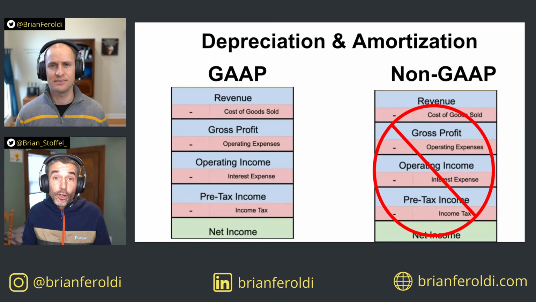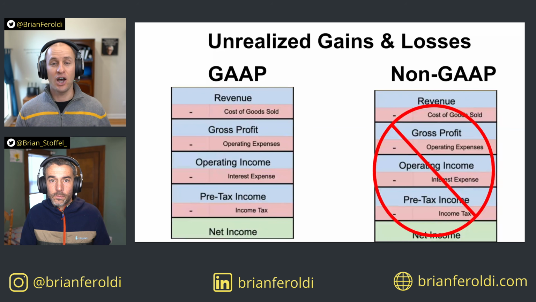Another example would be depreciation and amortization. These are non-cash charges in nature. However, on a GAAP basis, they count as expenses. In most cases, if a company offers non-GAAP measures, they will back out depreciation and amortization because there's no cash going in or out of the company based on this at the time. Another relatively new category is unrealized gains and losses. Under GAAP accounting, those gains and losses are accounted for on the income statement, but oftentimes they're non-operating in nature. That's why they're often excluded when looking on a non-GAAP basis.